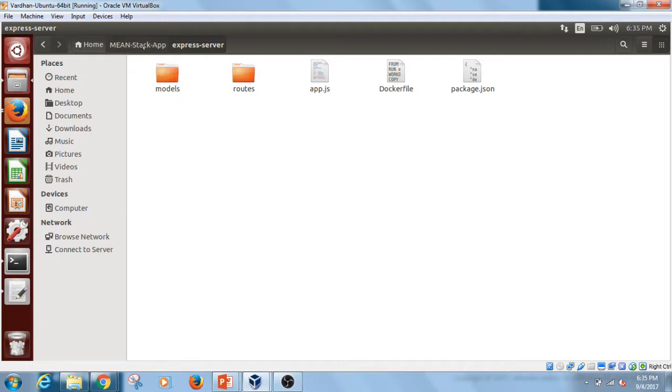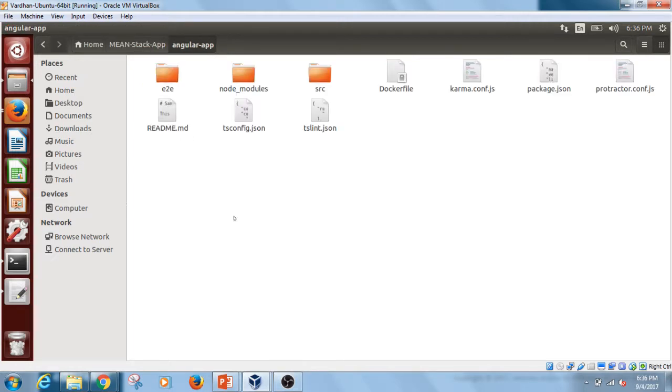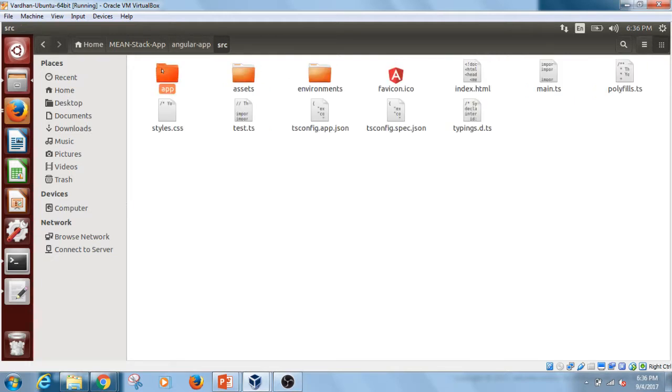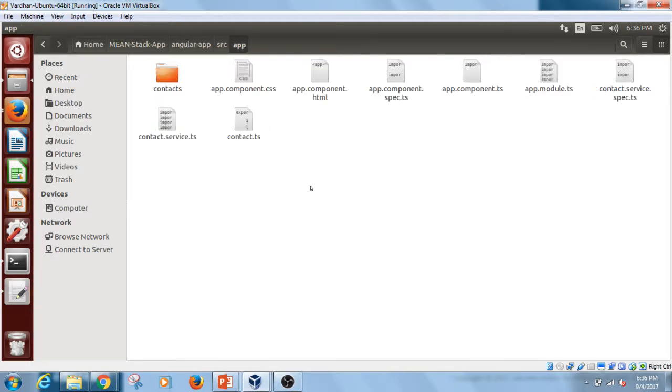Going to my MEAN stack app, I'll first explain my front-end client. This is my Angular app, and this is the project directory. If you remember from the Dockerfile, when it does an npm start, it would look for my project code inside this directory by default, /src/app. We have the TypeScript files here, .ts: app.component.ts, app.module.ts. These are the TypeScript files in which I've written the Angular code, and these would be